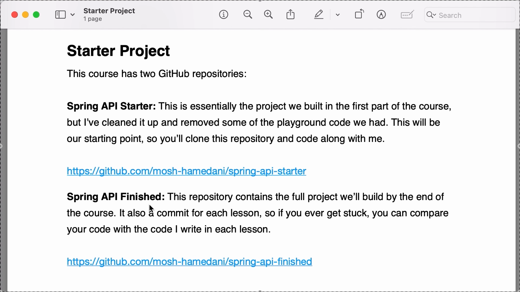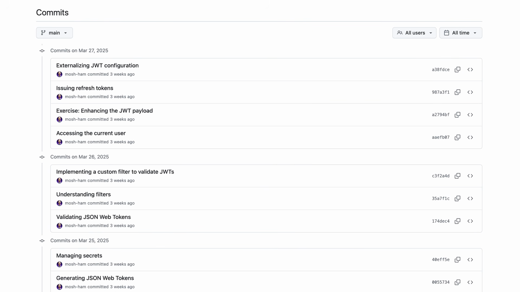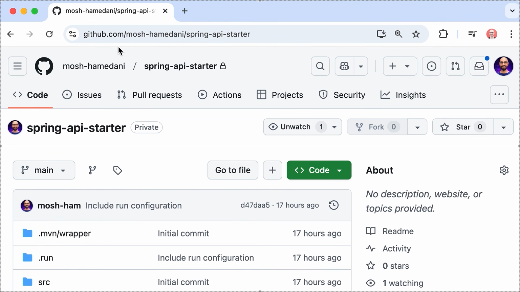Then we have the finished repository, which contains the full project we'll build by the end of the course. In this repository, we have a commit for each lesson, so in case you get stuck, you can always compare your code with the code I write in each lesson. So head over to